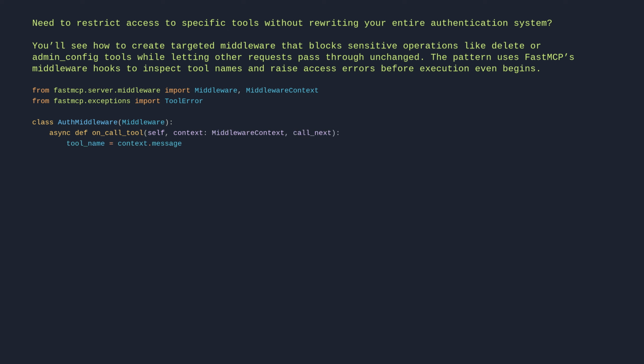# Deny access to restricted tools. if tool_name.lower() in ("delete", "admin_config"): raise ToolError("Access denied: Tool requires admin privileges.") # Allow other tools to proceed. return await call_next(context)